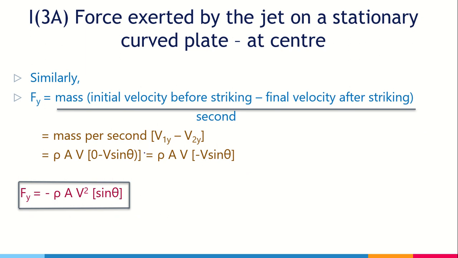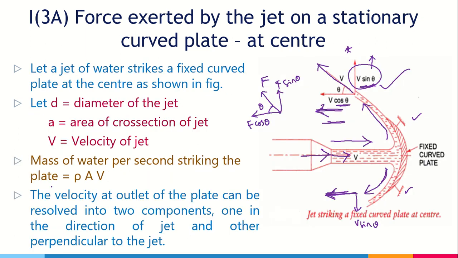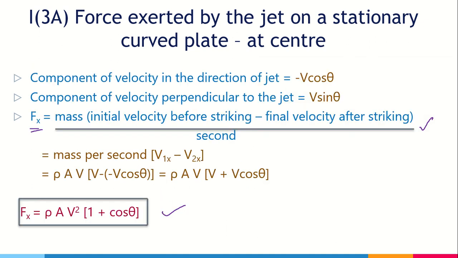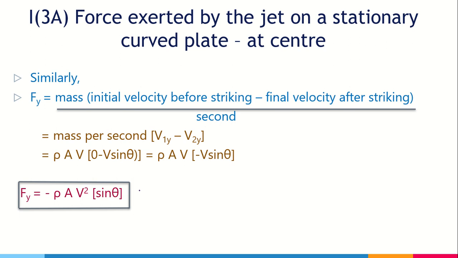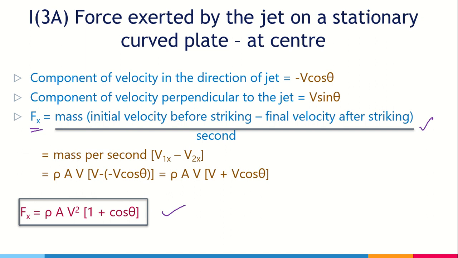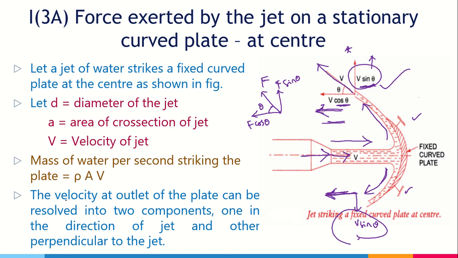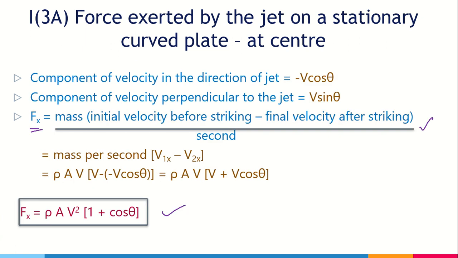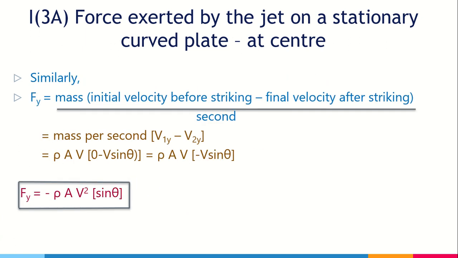Now I think your doubt got clarified. You got a minus here. So what does this indicate? V sin theta is not upwards, it is downwards. If I could have taken it so, I could have got minus of minus v sin theta, I could have got plus here. Then this is correct, that is also correct. So the minus indicates that Fy is acting downwards. That you have to remember. So clear guys, this is easy. Just you have to remember the figure. What are the velocities in x direction? What are the velocities in y direction before and after striking? Just substitute, you will get the answer. Okay.